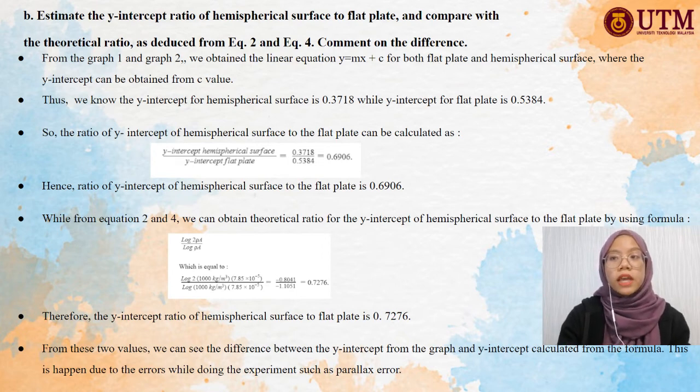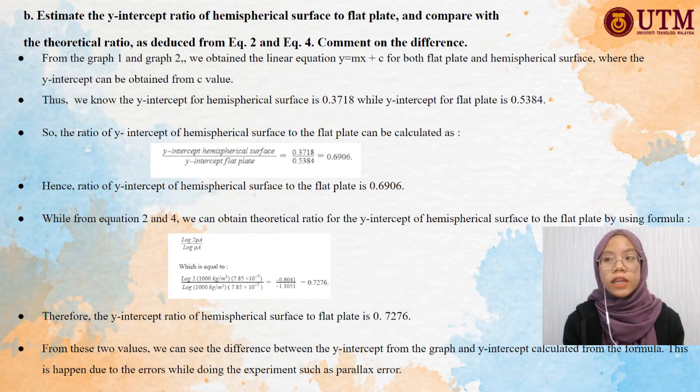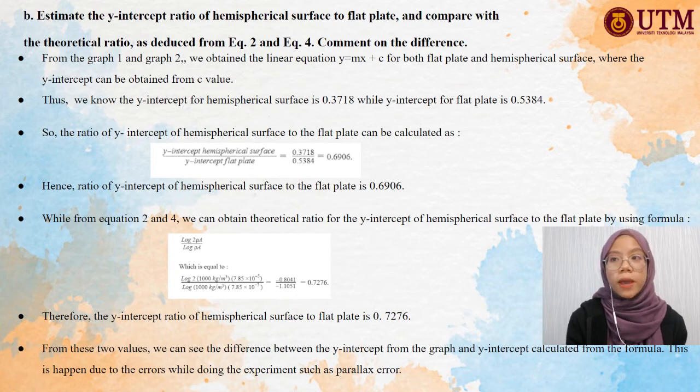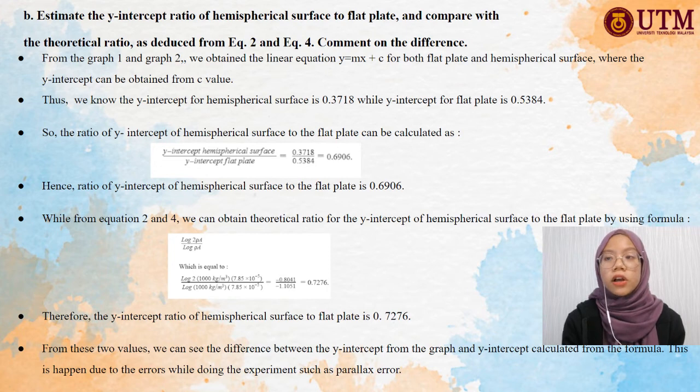The y-intercept of the hemispherical surface is 0.3718 and the y-intercept for the flat plate is 0.5384. The ratio of the y-intercept of the hemispherical surface to the flat plate can be calculated by dividing the y-intercept of the hemispherical by the y-intercept of the flat plate. Hence, the ratio is